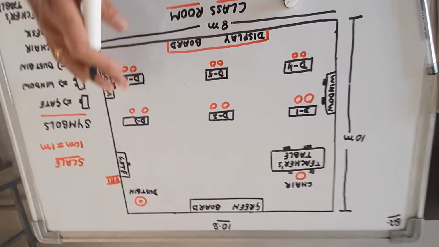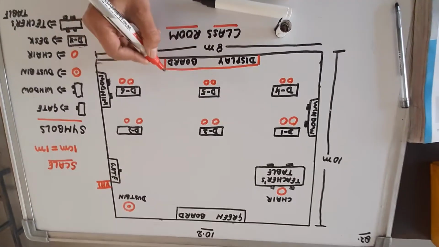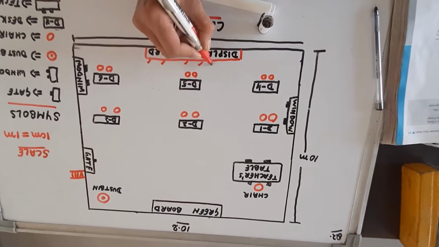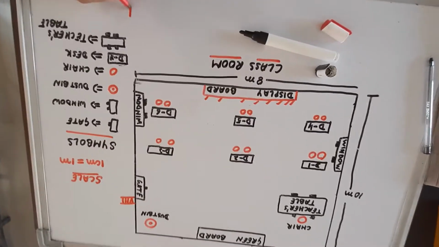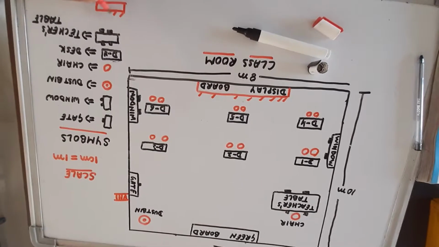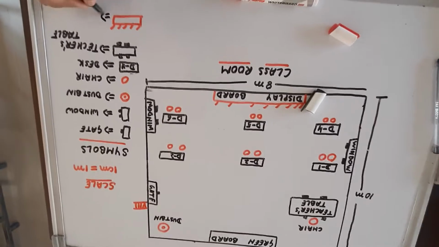We have covered each and everything. Now display board is left, so let us make a display board like this. So to represent it, we'll make a box with this decoration and we'll write this as a display board.